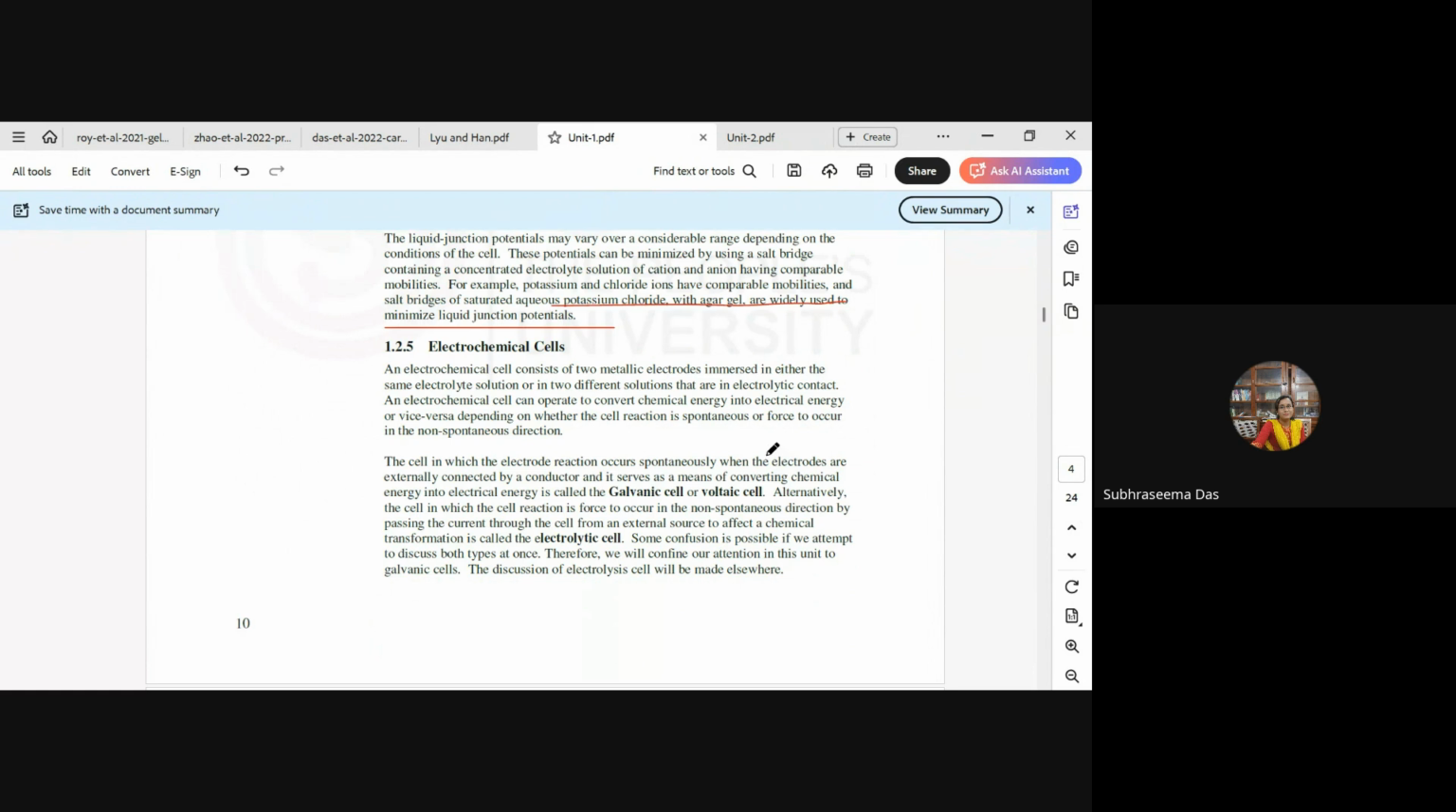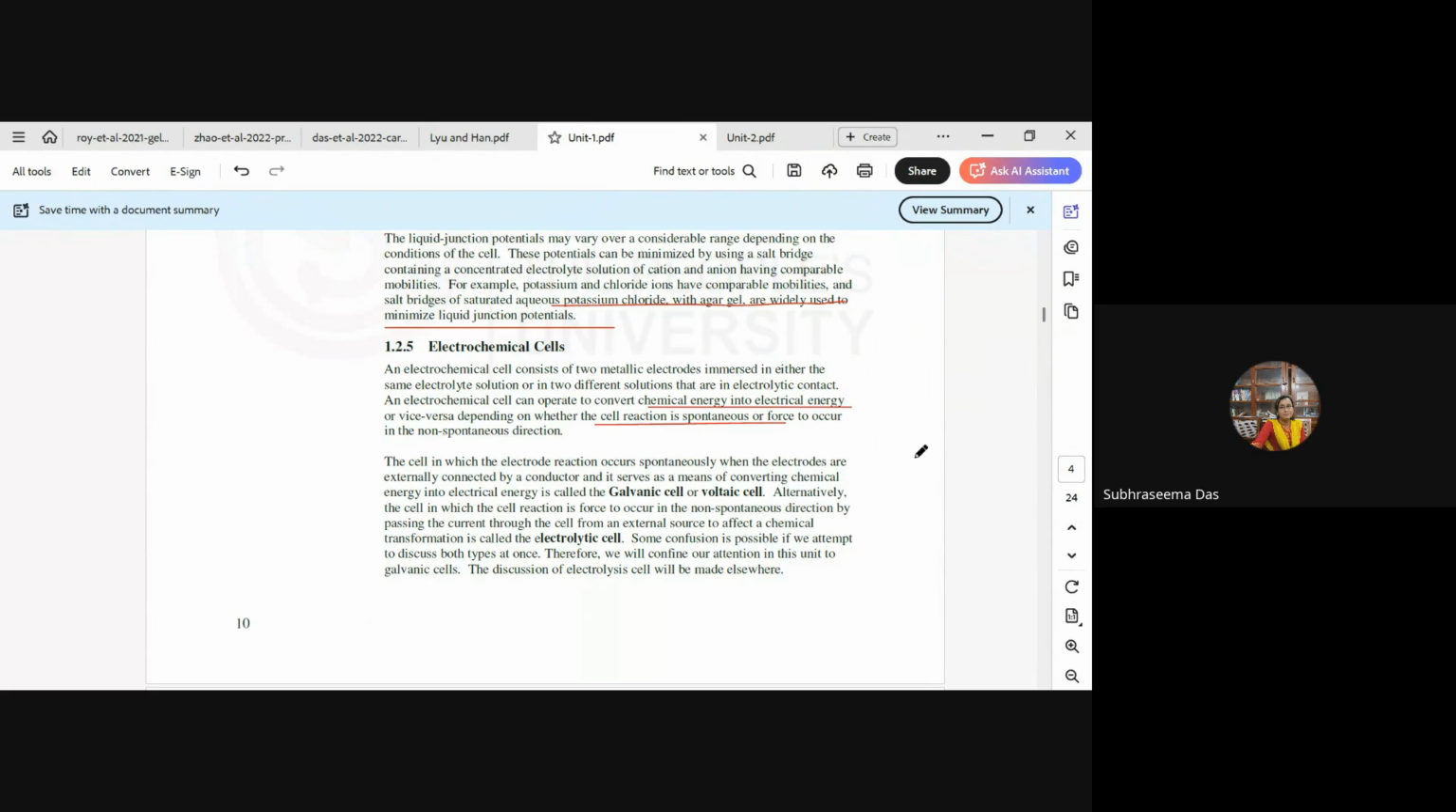So next, coming to electrochemical cells. So what are electrochemical cells? An electrochemical cell consists of two metallic electrodes that are immersed in either the same electrolyte solution or in two different solutions that are in electrolytic contact. An electrochemical cell can operate to convert chemical energy into electrical energy or vice versa, depending on the nature